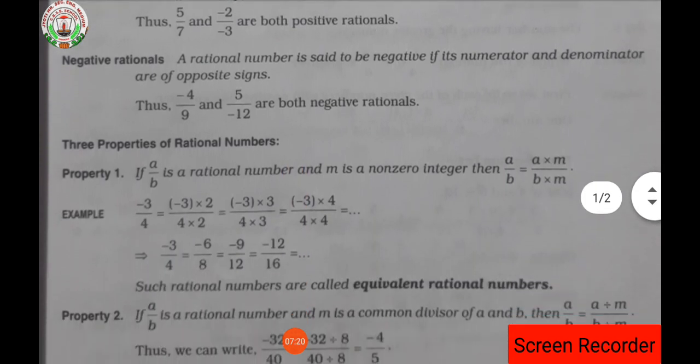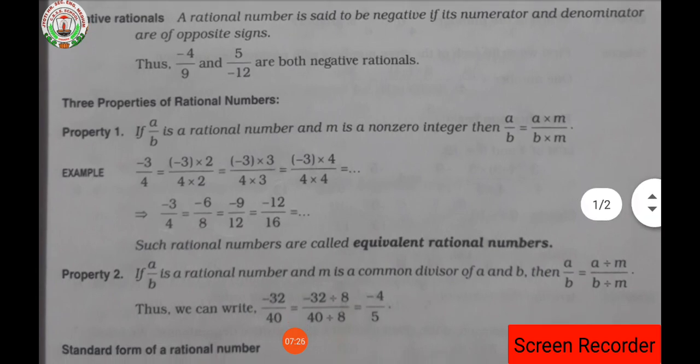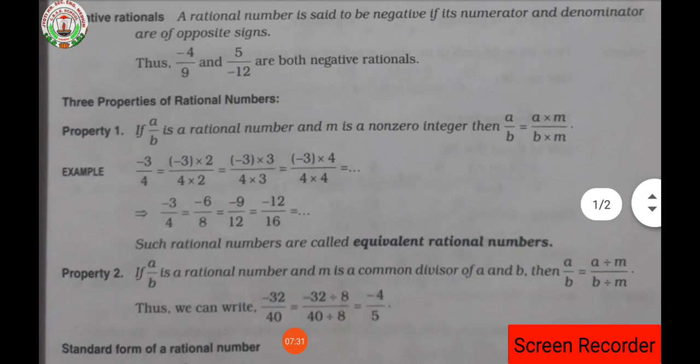Now next we are going to deal with the properties. Mainly 3 properties of a rational number exist. After this we are going to see the main property under addition, subtraction, multiplication and division. But before that, the main 3 basic properties of the rational number we are going to deal with. Okay, in the next video I am going to give you the property. This property is about addition, subtraction, multiplication and division. This property you people had already studied in the 7th class.